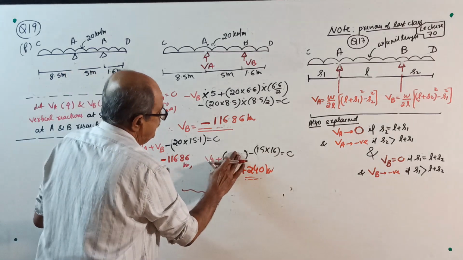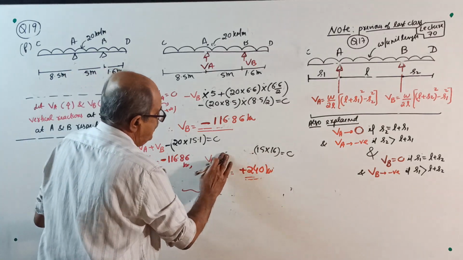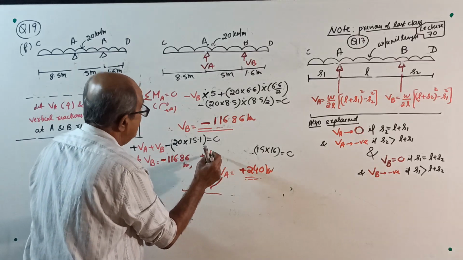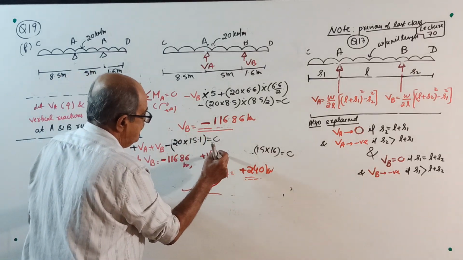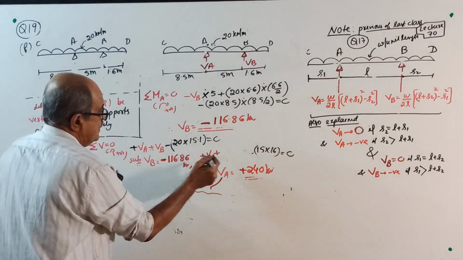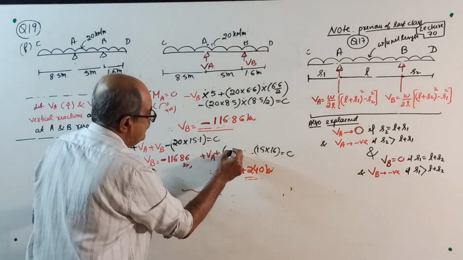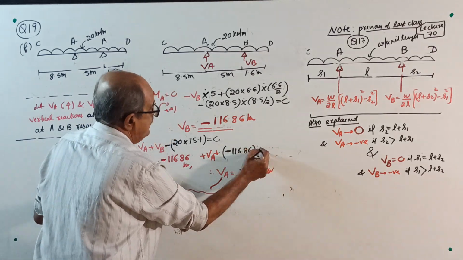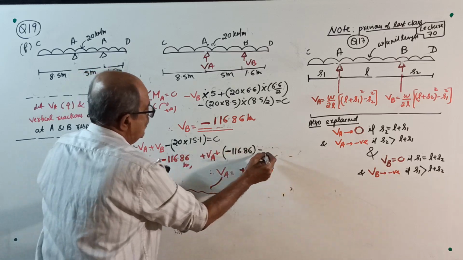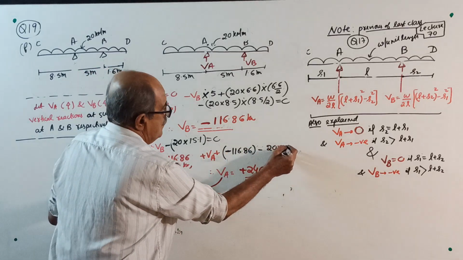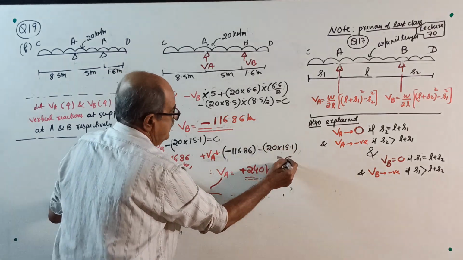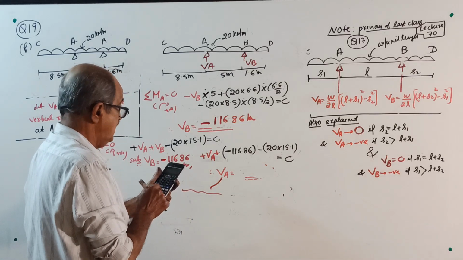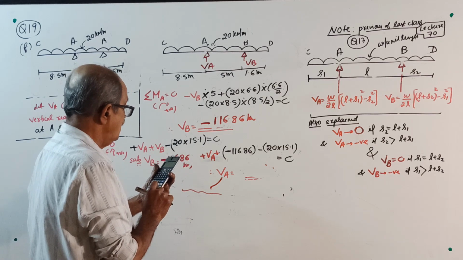So VA plus, in the bracket VB is minus 116.86, minus 20 into 15.1 equal to 0. Your VA will come 116.86 plus 20 into 15.1 plus